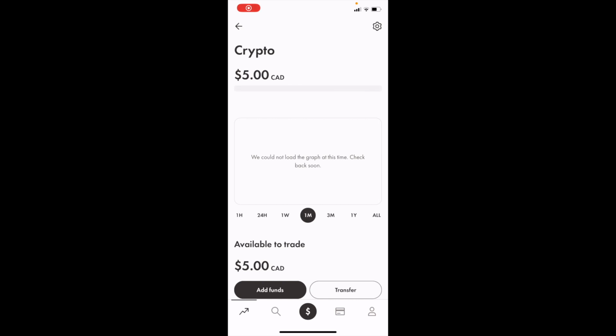So in this Wealthsimple tutorial video, I'm going to be showing you guys how to buy Cardano, ticker symbol ADA, in Canada on Wealthsimple. So once you have Wealthsimple open up on your device, open up your crypto account. Once you're on your crypto account, go down to the magnifying glass at the bottom and press on that right